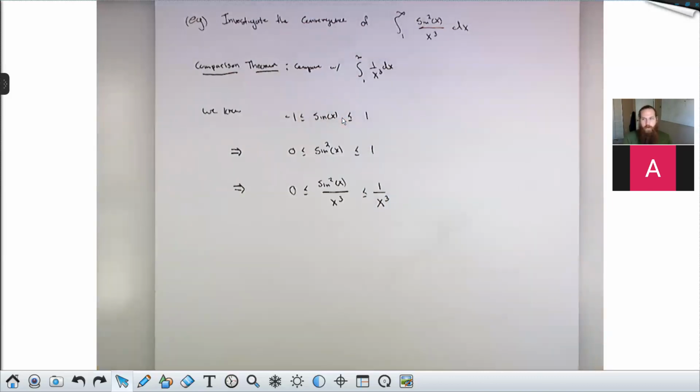So this process of building up your inequality from things that we know is a very important process. Again, not just for this section, but also for the similar sections relating to series. So building inequalities is a skill that we need to learn. Are there any questions about how I arrived at the third inequality or what we did to get there? Where we began? Any of the steps? Which part feels weird?